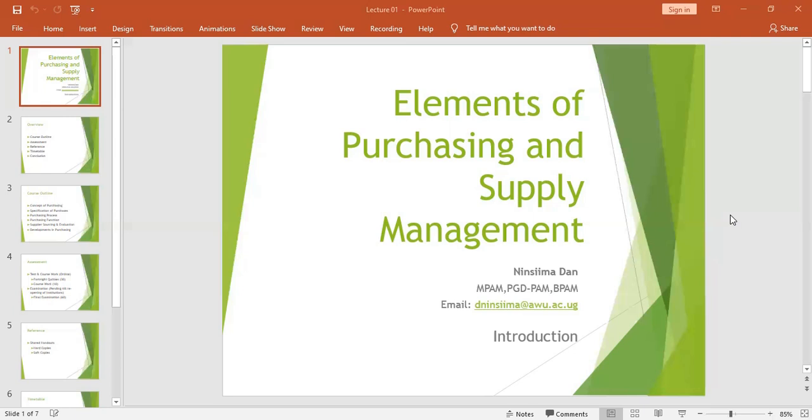It helps you to inquire from the end users, the beneficiaries, about the type of goods and services to be purchased. If not, then you are going to purchase goods and services that will not be used because you have not consulted the user departments. Number two, it helps to carry out research,